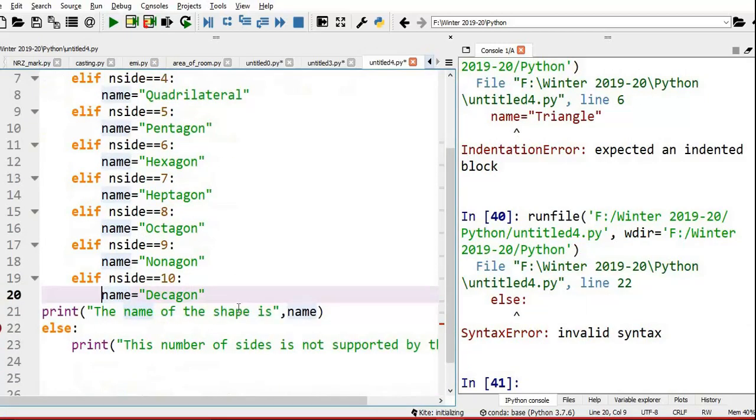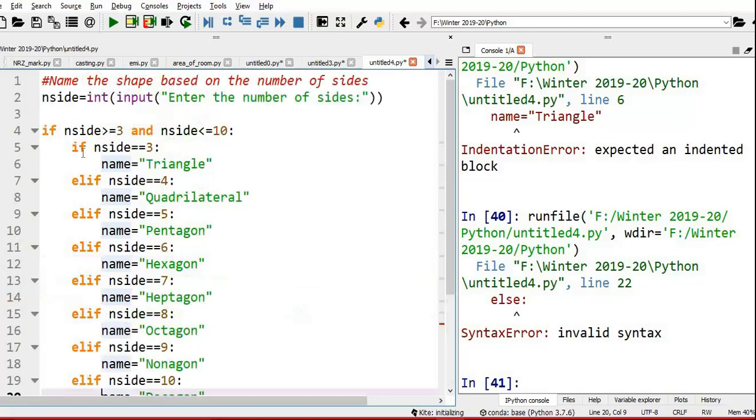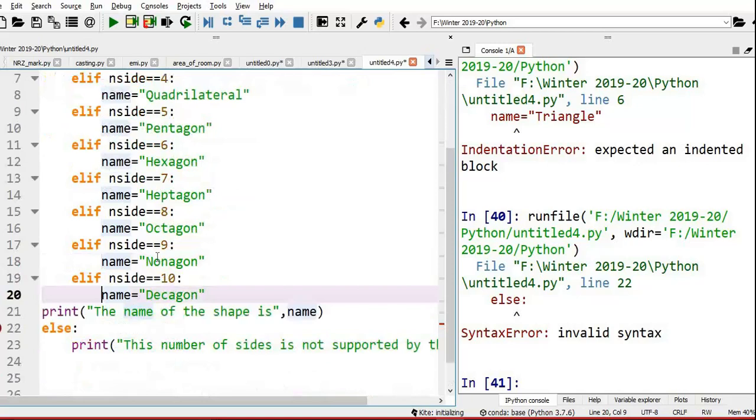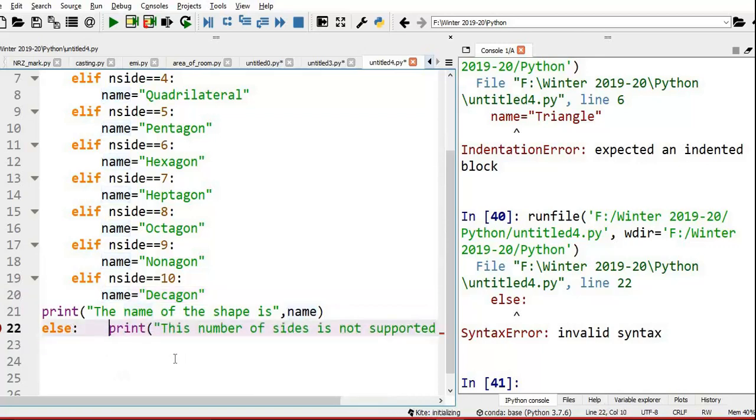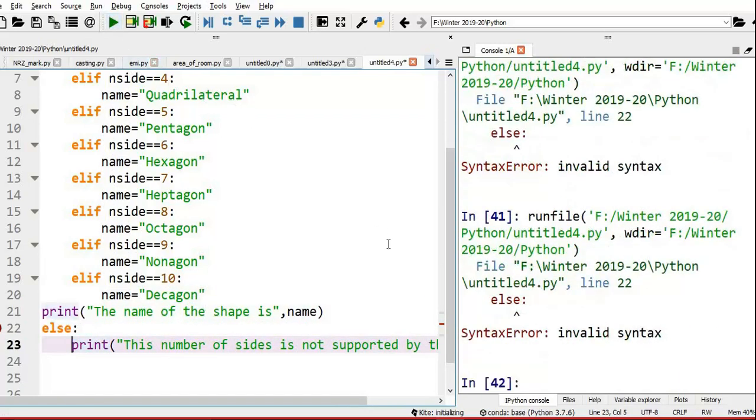Else. It's invalid here. Print this number of sides. Invalid syntax.